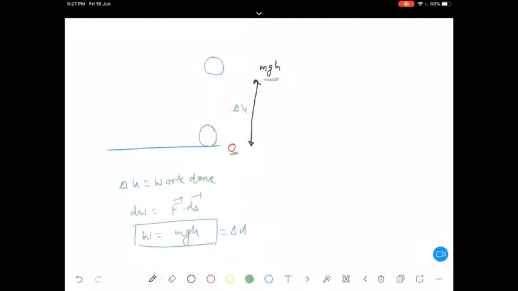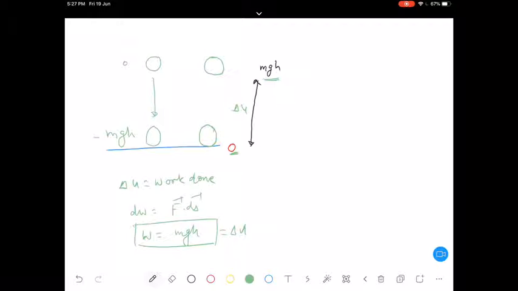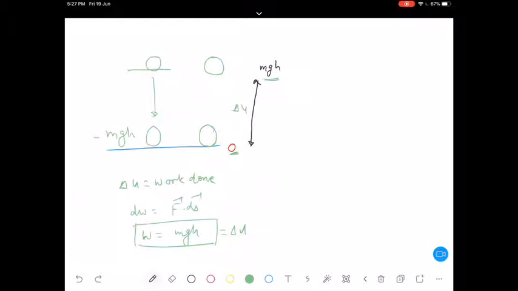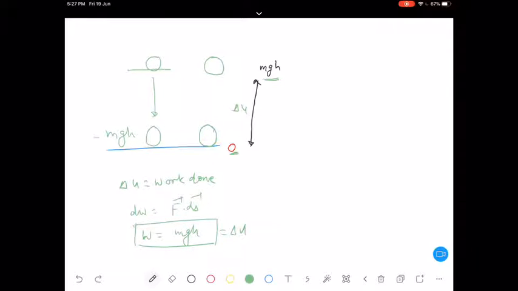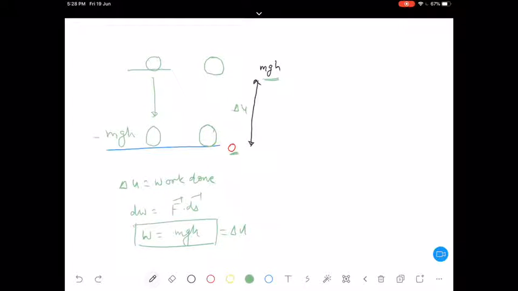Alternatively, if potential energy is zero at the ground, and I bring this object to this particular point, its potential energy will be written as mgh. Now if it moves from here back to the ground, its potential energy will decrease. If its potential energy is decreasing, basically the system is doing some work. For example, right now you have some energy of 100 units.